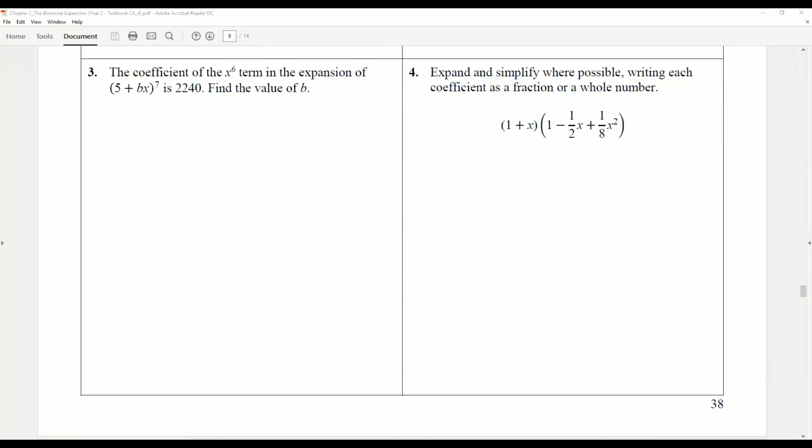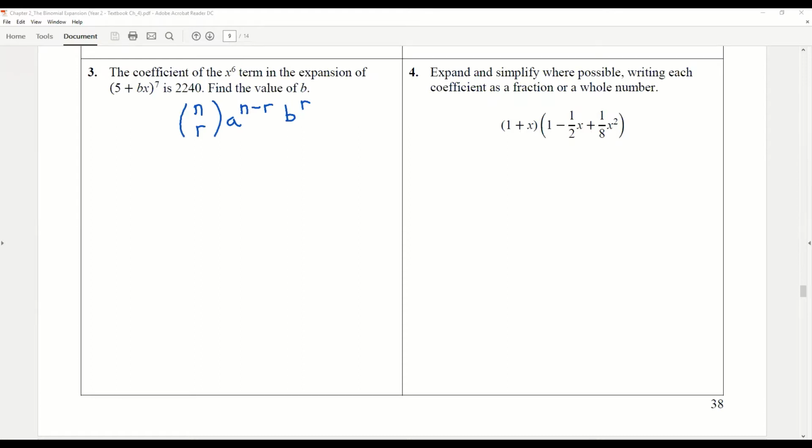In question 3, we have a bit more, I think, a bit of problem solving to deal with here. We can write down the definition of the general term. So remember, it's n choose r, you're going to have a to the power n subtract r, and then b to the power r. Remembering, of course, that the powers have to sum to n, which they do. Now, how can we construct this x to the power 6 term? Well,